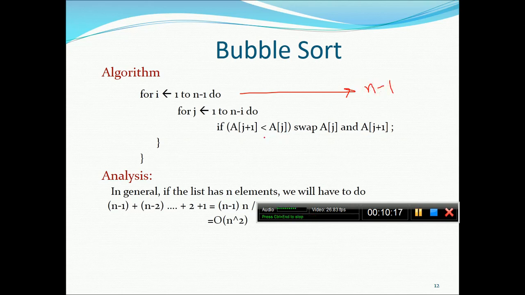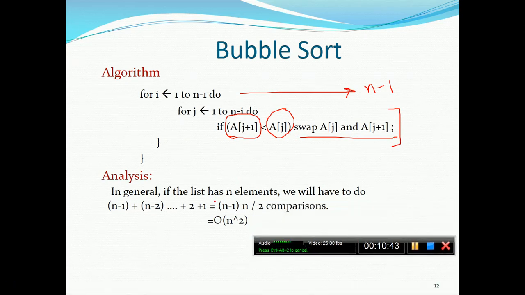Okay, and then what is the idea? It will compare if a of j, the left side index, that is the smaller index, has a greater number than the next index, it means the maximum is on the left hand side, so a swap between a of j and a of j plus 1 is required. Simple algorithm it is. Now come to the time complexity part.